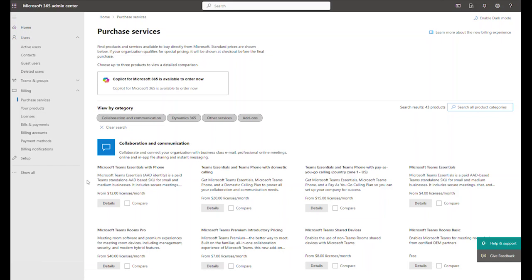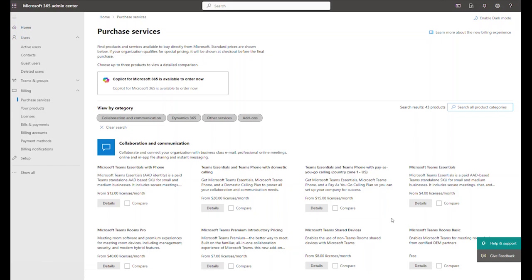Since you're using Verizon Wireless for your PSTN connectivity, you do not need any Microsoft calling plans with your licensing. Do not select anything with the domestic calling plan or an international calling plan. You need the simple licenses that are Microsoft Teams Essentials with Phone for $12.